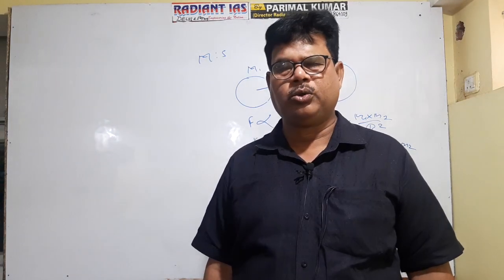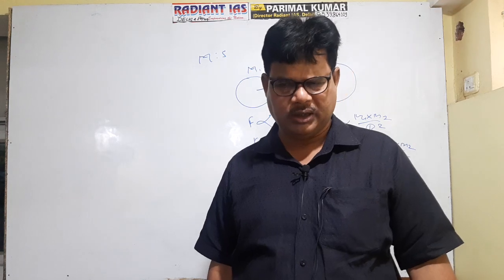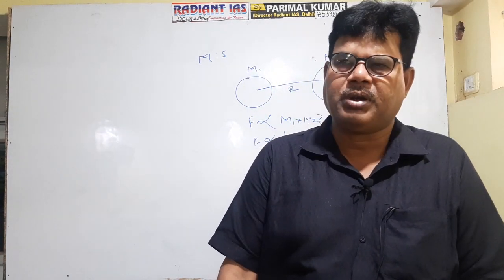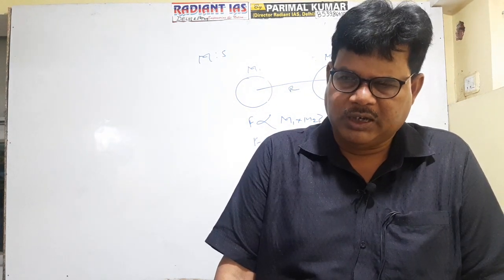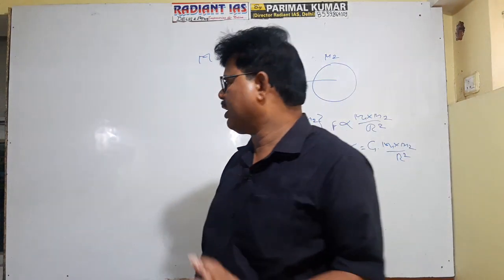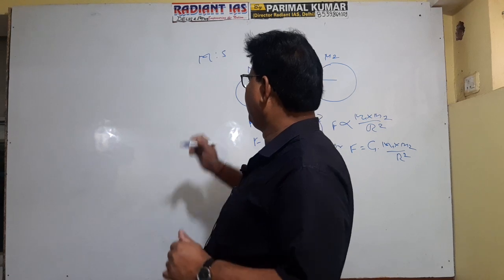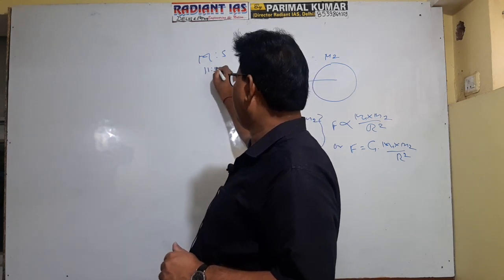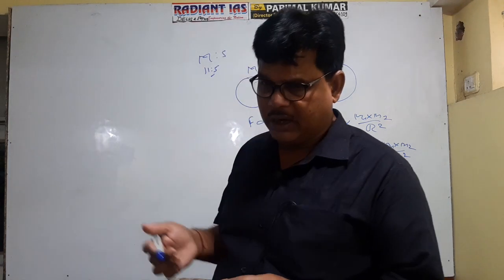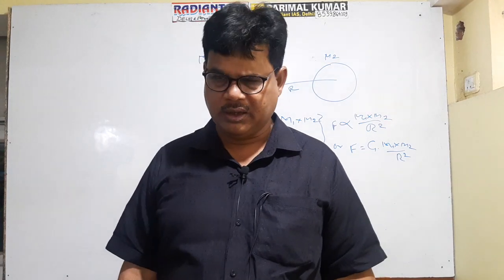Though the size of the sun is enormously large as compared to that of the moon, since it is far away from the earth, the attraction pull exerted by the sun is weak as compared to that of the moon. Hence the ratio between the tide producing forces exerted by the moon and the sun is 11:5. It means the moon exerts more than twice as effective a force in tide formation as compared to the sun. Getting it?